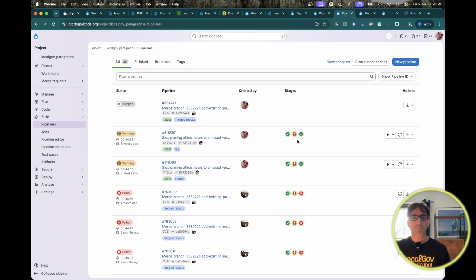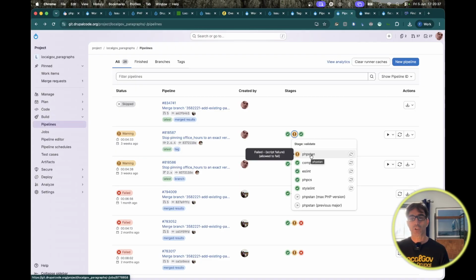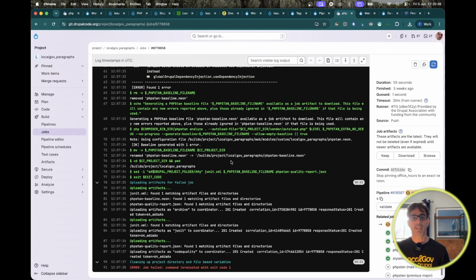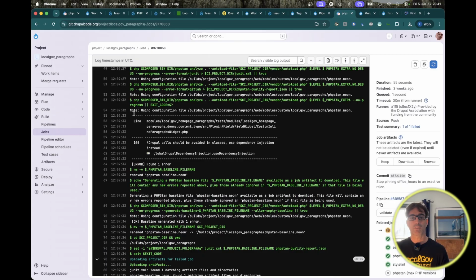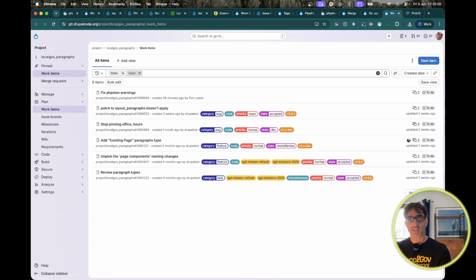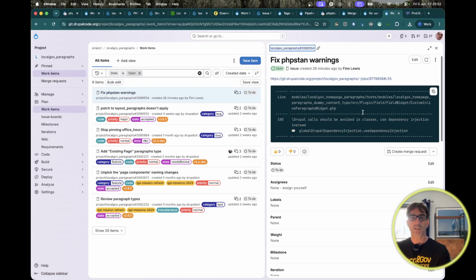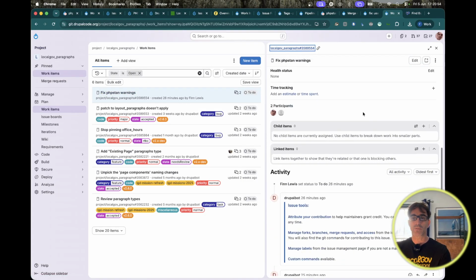I noticed this pipeline on local gov paragraphs projects. If I go to the project, click on pipelines, we can see that the phpstan job has a warning on it, and sure enough, it's got an error there which says that we need to use dependency injection rather than using calls to \Drupal. So I went ahead, I created an issue, detailed that on the issue,